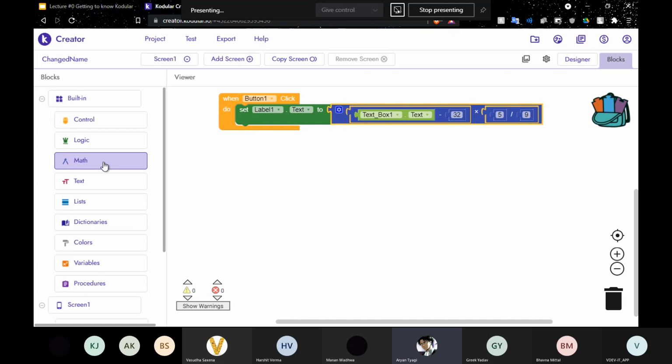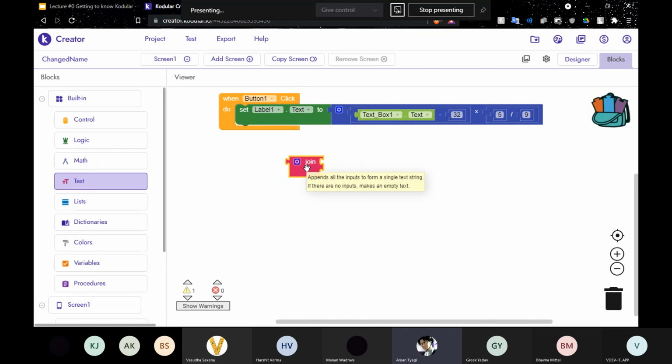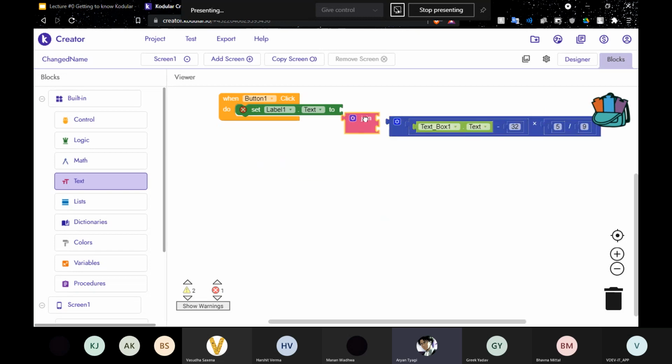Now there is one more thing you can do. In text, there is a join function. What this join function does is that it can join two or more strings into one single string. So first of all, after pressing the button convert, all we can see is the temperature in Celsius. The user has no information about what it is. So what we can do is we can simply